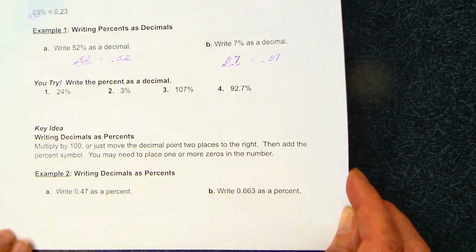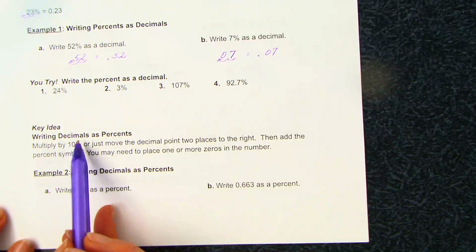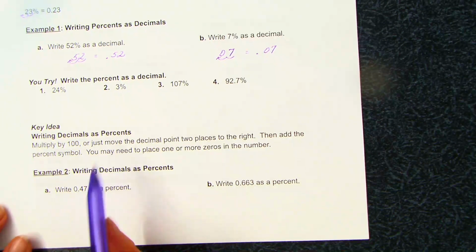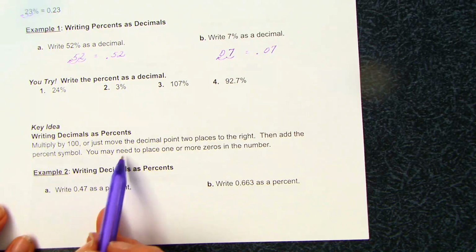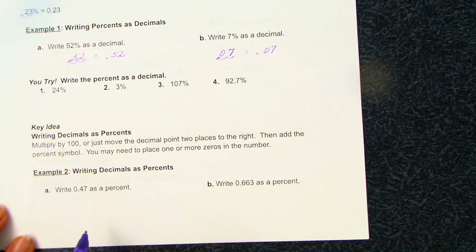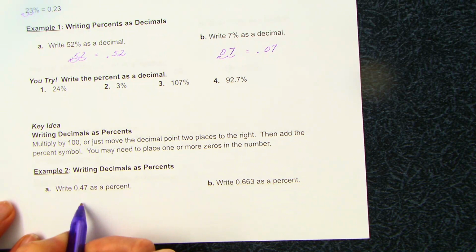The second section, now we want to go the other way. So now we have a decimal, and we want to change it into a percent. To do that, you multiply by 100, or just move the decimal 2 places to the right. Then you add the percent symbol, and like the example before, you might need to put 1 or more zeros in the number. So if I want to write 47 hundredths as a percent,